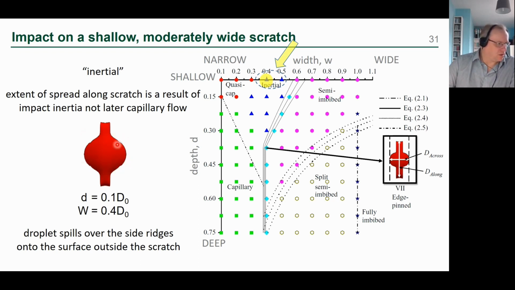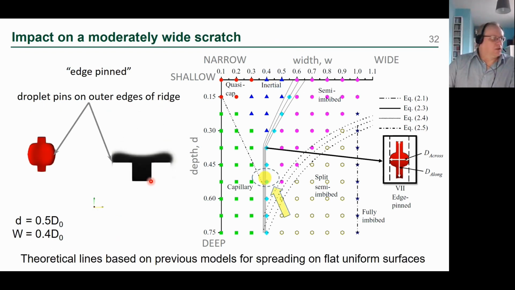You can just about make out the edges of the ridge there, that little feature. So we call that the inertial regime. And then you can imagine that if we choose a particular size of scratch, so if the ridges were wider, the droplet might not have enough inertia to spill over them. It might just reach the edge of the ridge, and if it does that, then it actually will pin on the edge through Gibbs phenomenon. And you end up with it pinned on the edge, and it doesn't retract, and we end up with something called an edge pinned